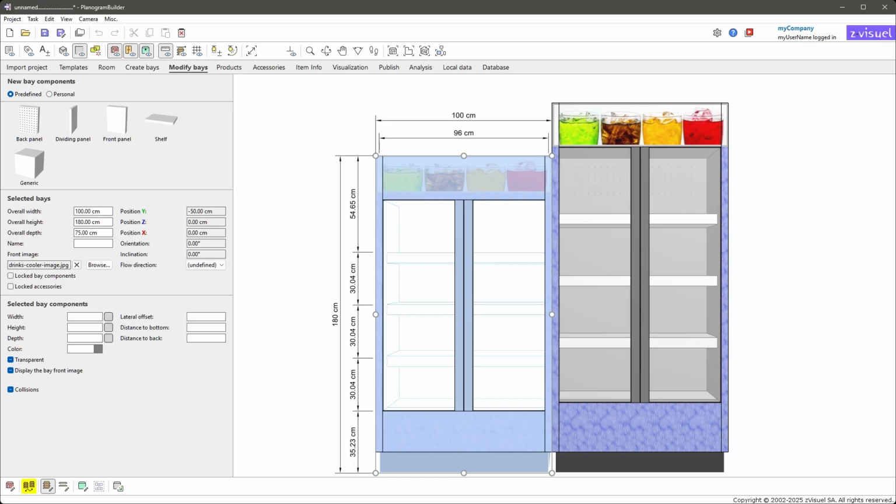There is, however, also a more advanced mode which lets you set the position and orientation of each piece of furniture. This is useful if you want to simulate a more complex setup such as a two-sided furniture, an end cap or a small store in combination with a floor, walls and ceilings. Click on Free Bay Placement to enable this mode. Press G to show the grid which serves as a snapping guide.